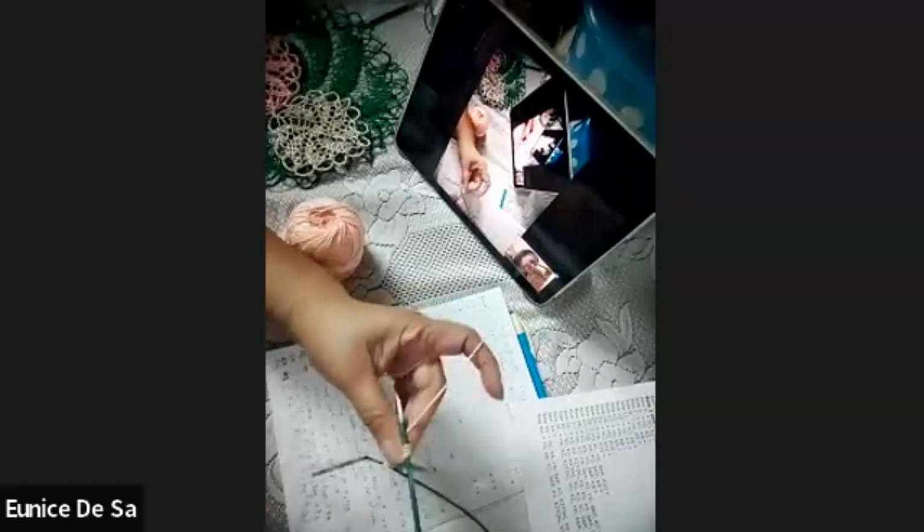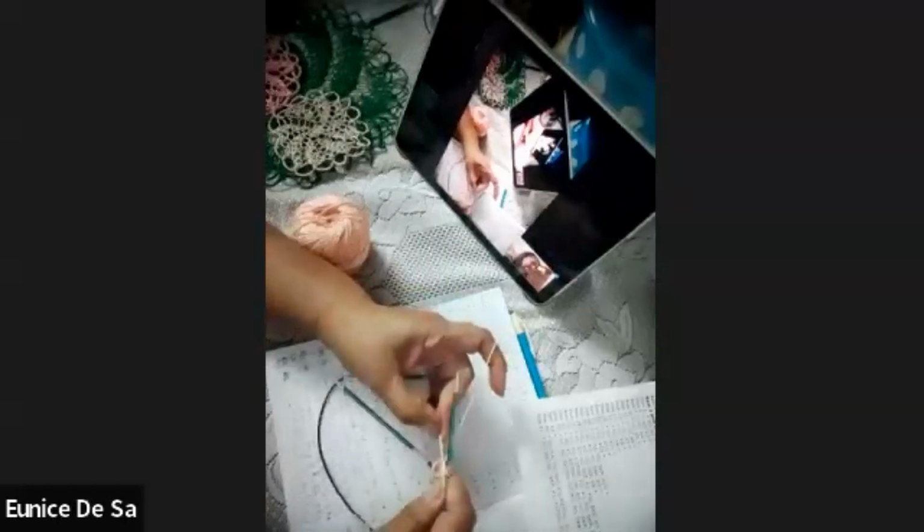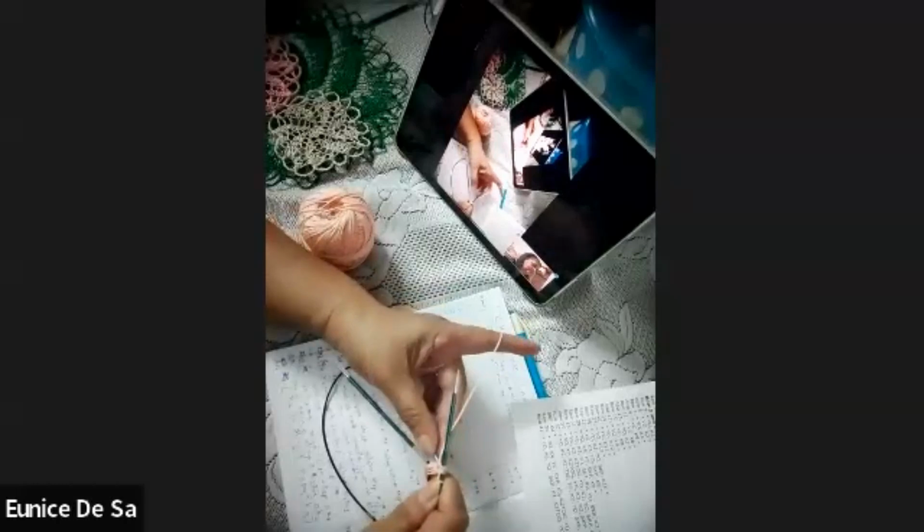Put it on your needle. Then holding both sides tight, I'm going to pull the loose end till my